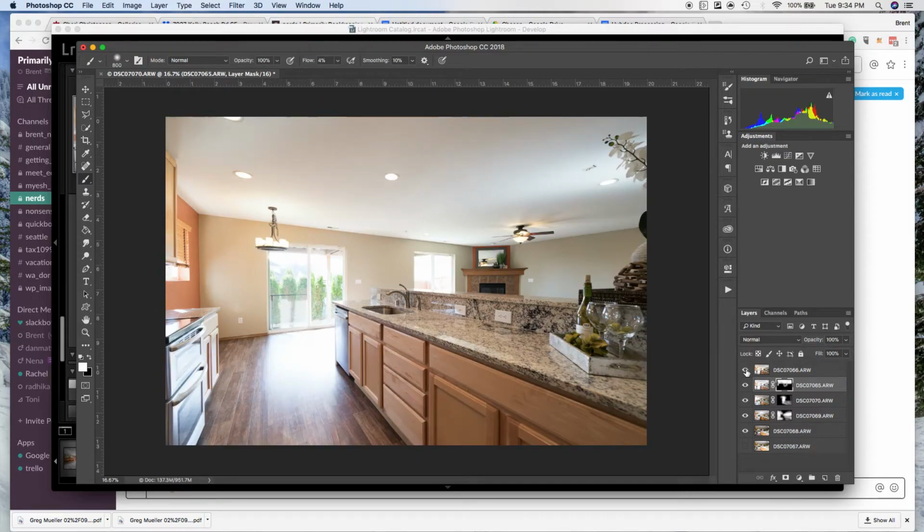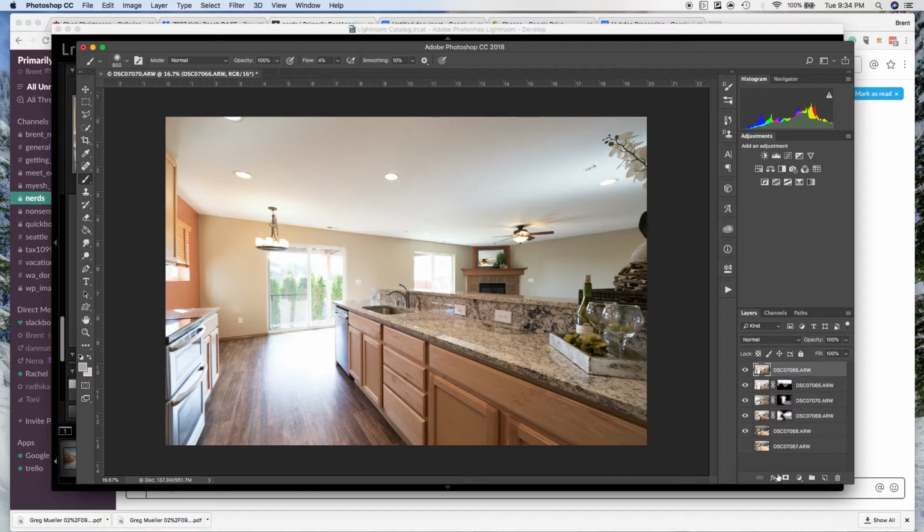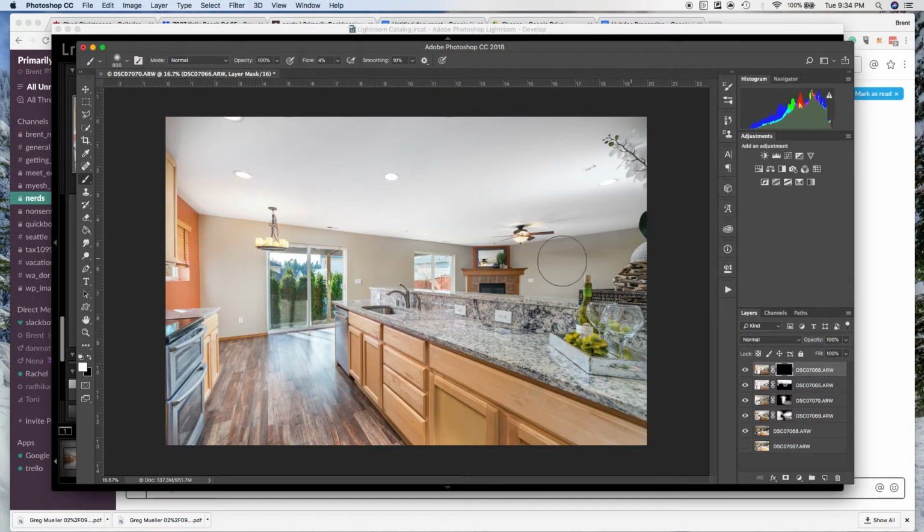All right, so this is where our shadow layer comes in handy, because we're going to use that to get rid of the ceiling fan shadow back there. And we're going to add a little bit of nice shadow right there. We want to lead our viewers into the brighter areas, which are the sink, the cabinets, the nice flooring. No, we're not going to do that. And we're not going to do that either. Okay, so